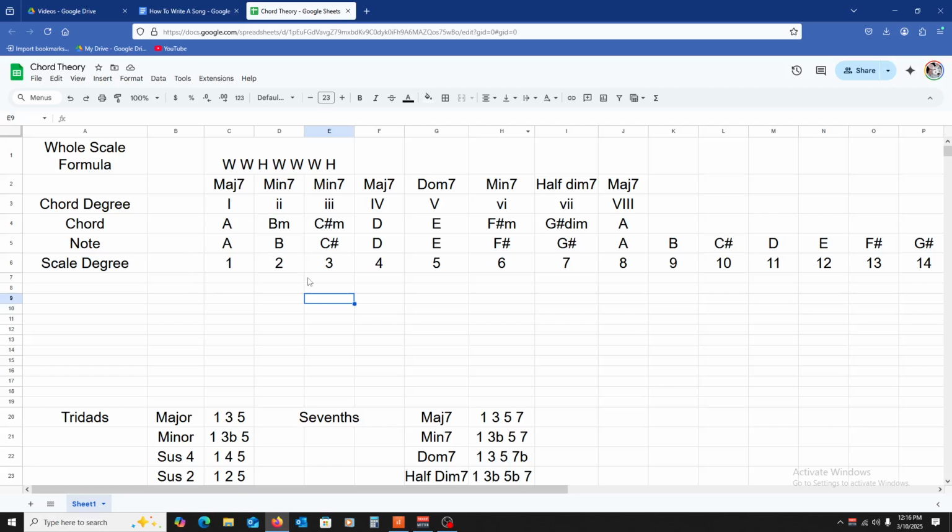So once you understand how this is all put together, you can start figuring out not only the chords that belong in a key, but you can also figure out what notes make up those chords, and you can understand the scale degree. Now, the scale degree is not the same thing as what I'm doing right now. For instance,